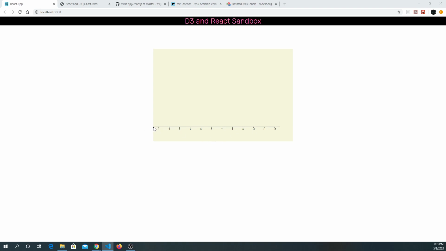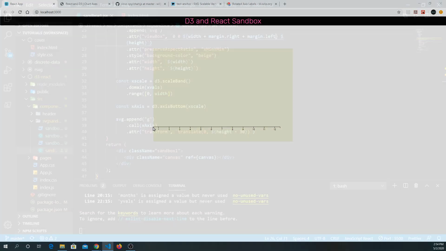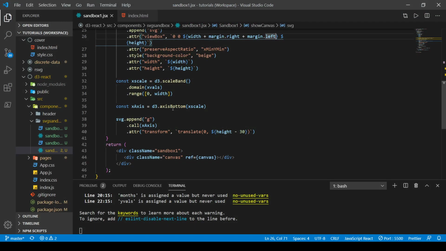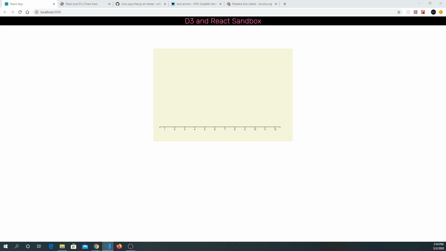Now the starting point for the axis now is 0. So if we'd like to move it in an amount equal to the margin, what we can do is we can go to, for our x scale, where we define the range, we can set it not equal to 0, but to margin dot left. Okay, and if we take a look at our canvas now, indeed we have shifted it over by the 30 pixels. But unfortunately the right hand side is